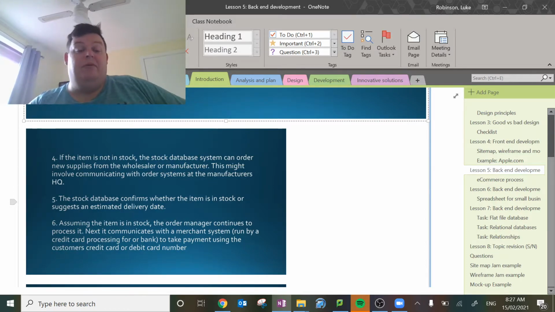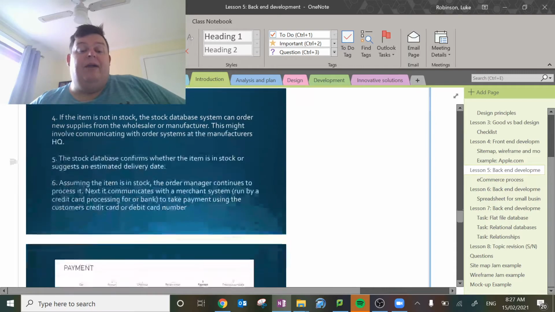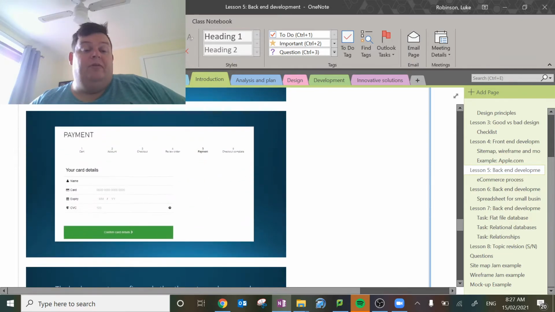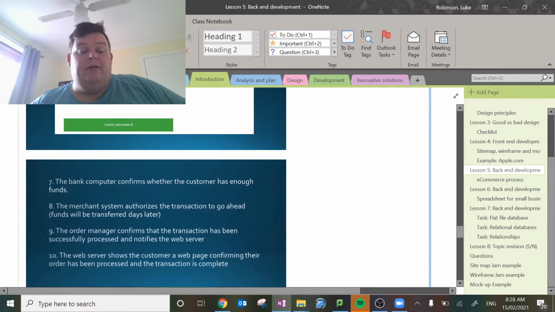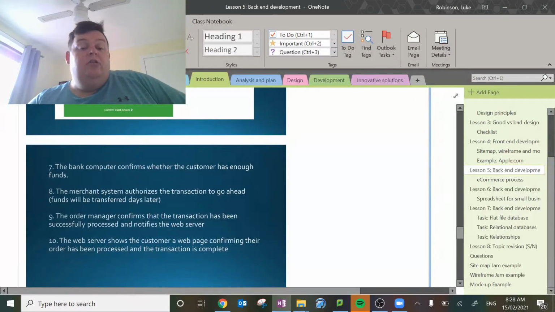Doesn't necessarily do that, by the way. It's a possibility. It checks when the stock will be in, and then assuming that the people want them, the order manager can actually process it. It can even take payments through the website still and process the order and let you know when it's coming through, and then you put all your payment info in. Right. So